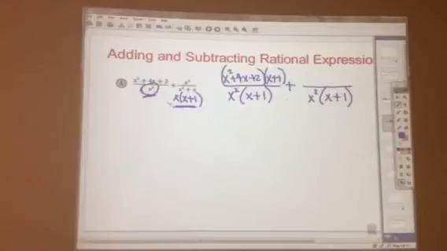Okay, let's look at the second fraction, this one right here. If I put x and x plus 1 into x squared times x plus 1, what is actually left over? Just an x. So I must multiply my numerator times x, or I can write it in parentheses like that. Any questions on that? Okay, so